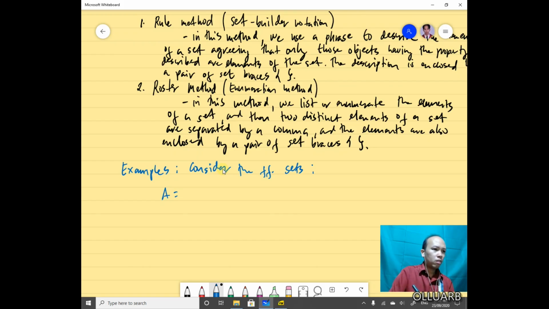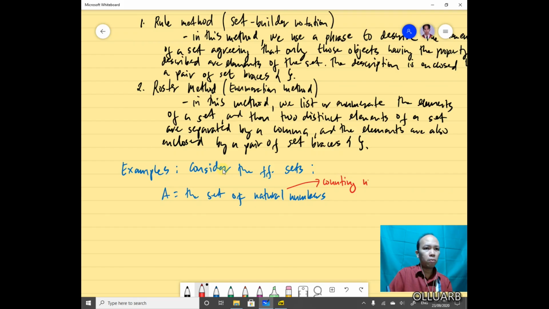So let's say the set A is the set of natural numbers, or in some other books this is called counting numbers. Okay, letter B, our set B,